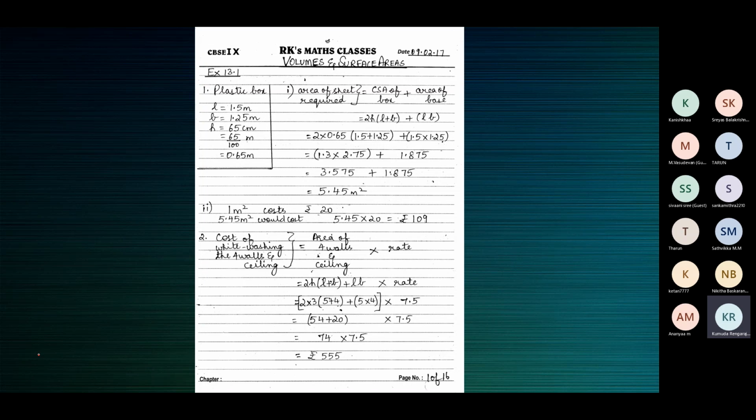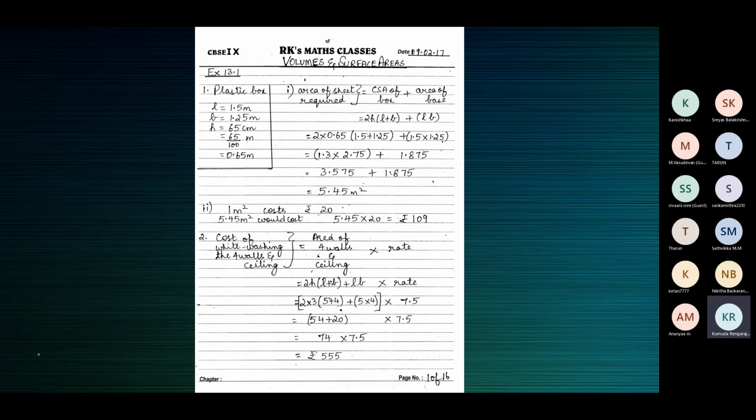So this painter says that to whitewash an area of 1 meter square, 1 meter by 1 meter, that square, all the sides are equal. I'm just telling you so that you can visualize. So a square, we know the length and breadth; in fact, all the sides are equal. So 1 meter by 1 meter, that square has an area of 1 meter square. To paint up that patch on the wall, you have to spend 7 rupees 50 paise.